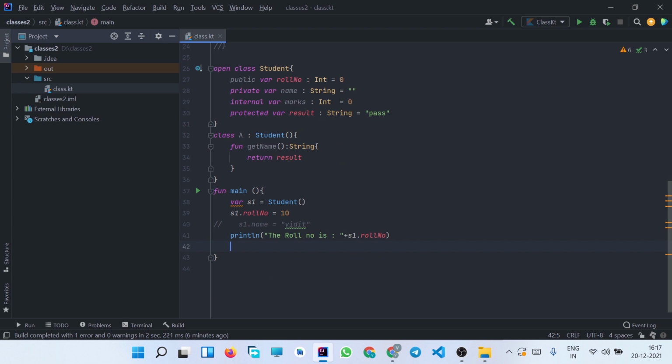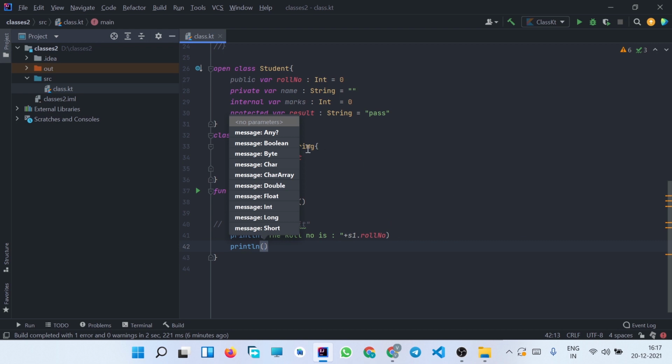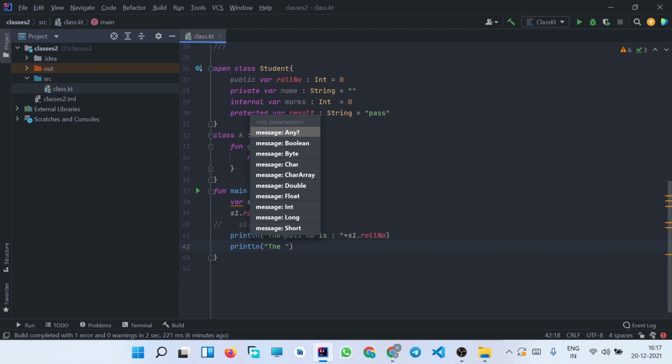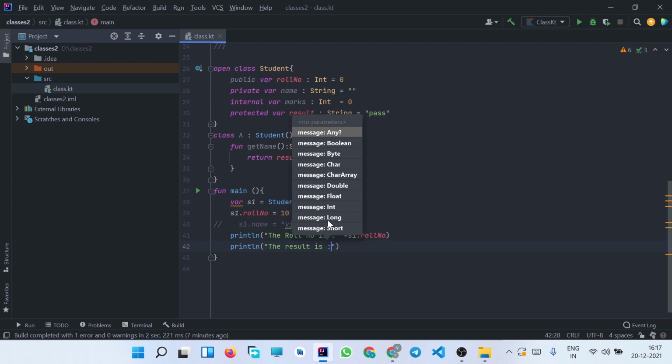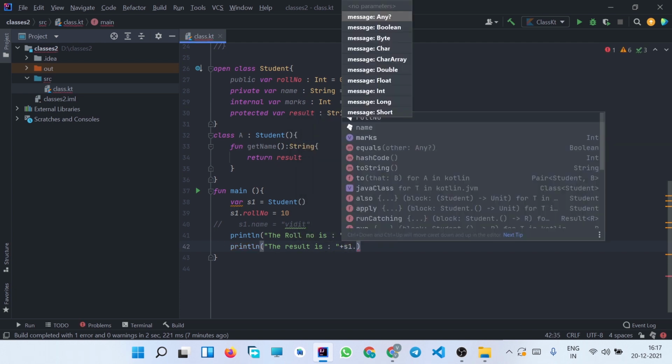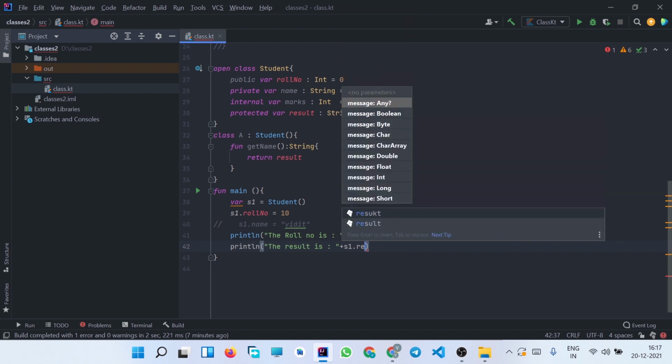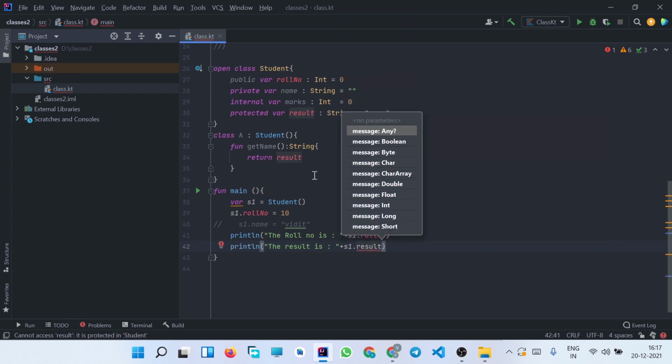Now let us try to print it in the main function. Let us try to access this in the main function through a get name or a getter function. So the result, s1 dot result.